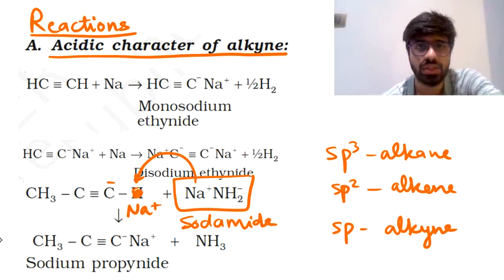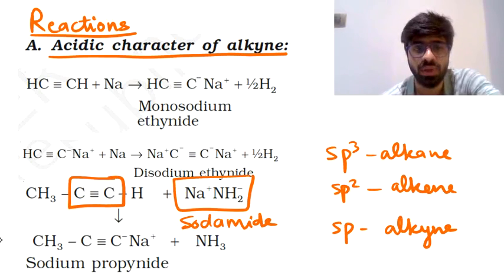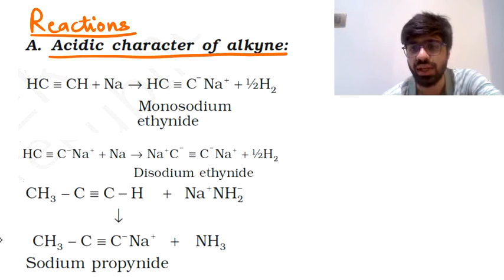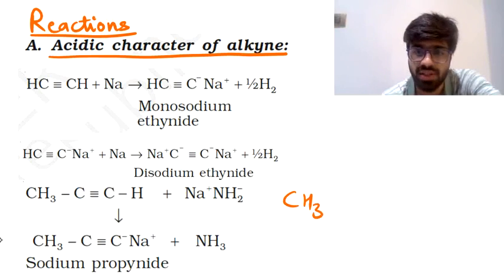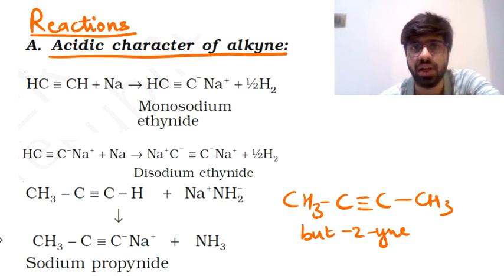Okay, so these reactions are indicative of the fact that alkynes are acidic in nature, but the acidic hydrogen is only that hydrogen which is attached to the triple bonded carbon atom. If there is hydrogen on a single bonded carbon atom, or precisely an sp3 hybridized carbon atom, then those hydrogens are not the ones which will come out as H plus. Okay, so if there's a question in your mind about butyne, if I talk about it in this manner, CH3, C triple bond C, single bond CH3, this is but-2-yne. So will but-2-yne contain acidic hydrogen atoms?